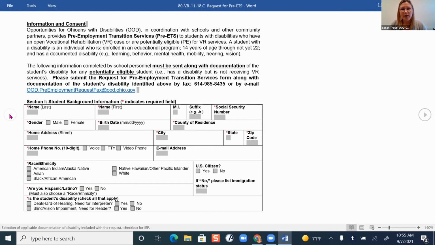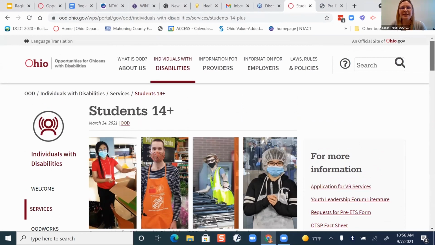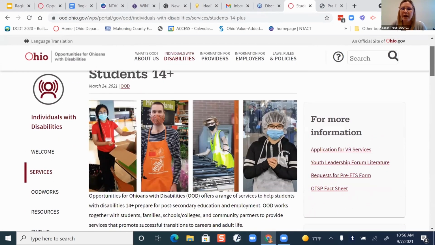And that can look like whatever the school wants it to. So whether you say, I can give you an hour a week during a study hall to come in and work with my students, then the providers will coordinate with that hour a week. It's really up to the school, since we know, if they're coming in, we want to work around your schedule. So I really wanted to bring this to your attention as well,